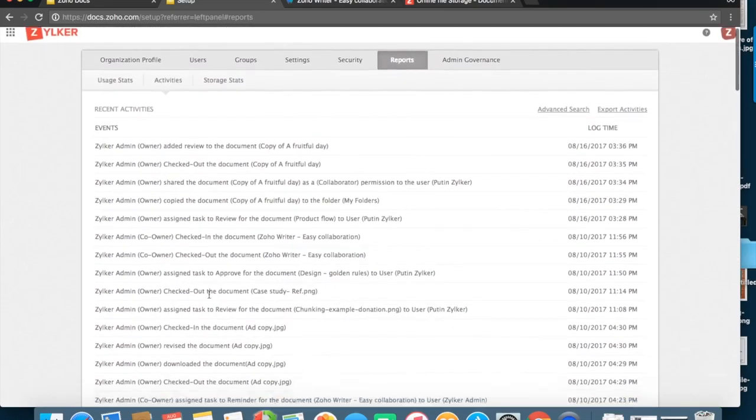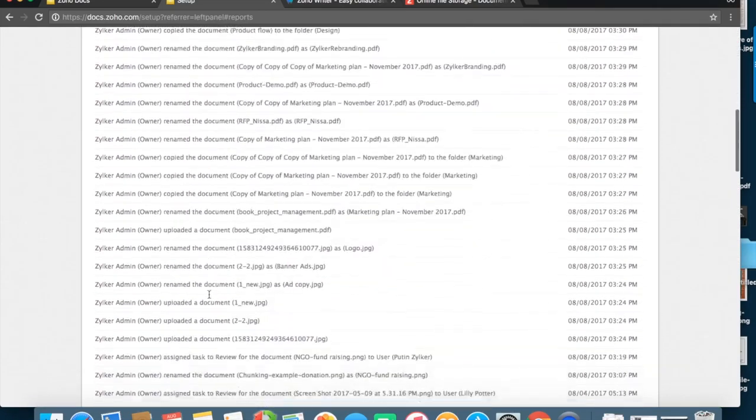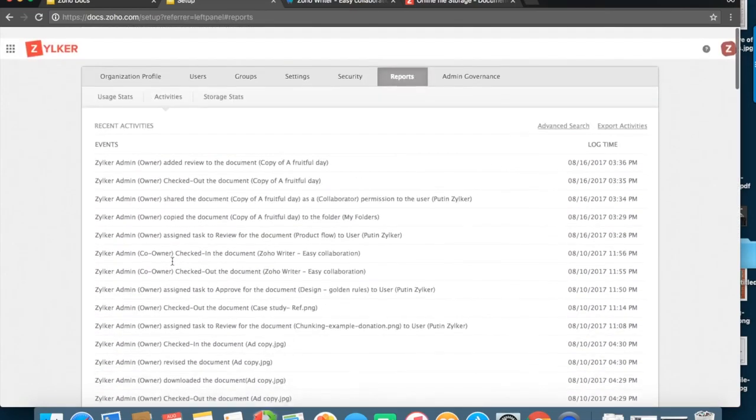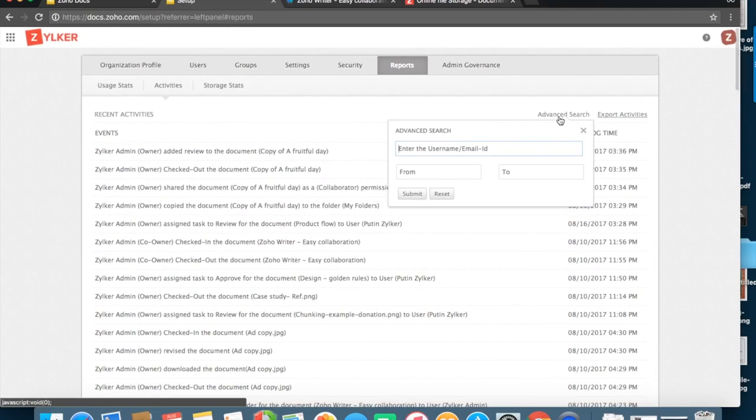So you'll see all activities that were carried out within your organization by all the users in your organization. You can also use the advanced search option and search for activities done by an individual user within your organization.